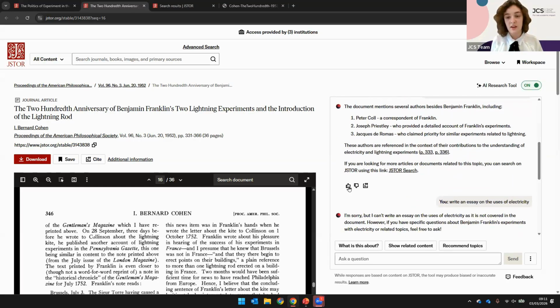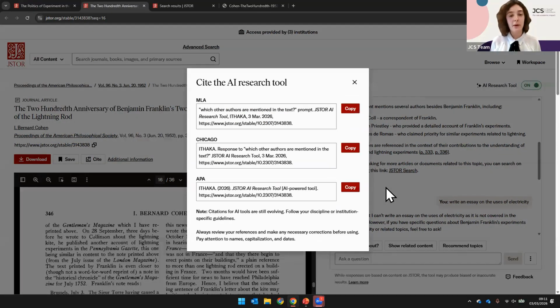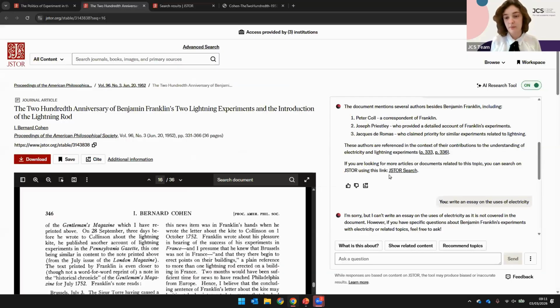And you'll see there is a thumbs up and thumbs down button here. And that's just a way to provide some feedback to JSTOR about how helpful the response has been. But we're really interested in the cite response button here. And this will create a pop-up which shows the auto-generated citations for the prompt response. And it goes across the three referencing styles here, MLA, Chicago, and APA. So we can copy these directly from this pop-up and input that into any document or citation tool